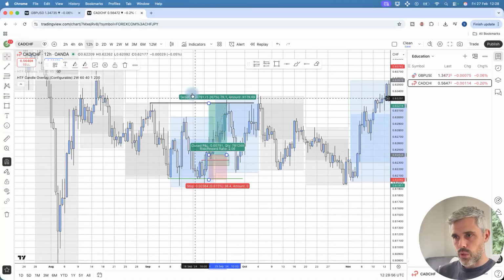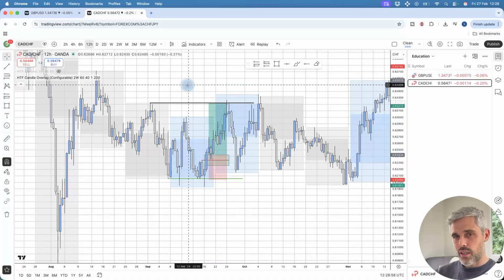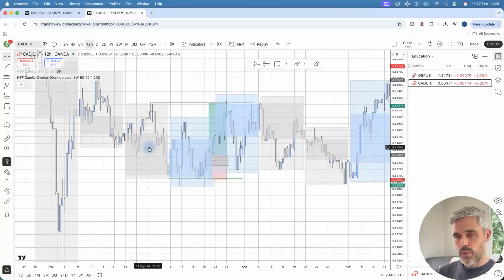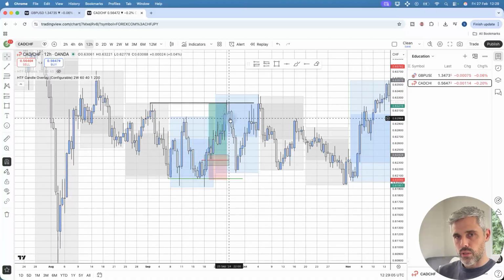And that is how to swing trade using liquidity sweeps and understanding what phase of price we're in. Accumulation, manipulation, distribution. This works just as well on the lower time frames, but it's about connecting from a top-down perspective what phase of price we are on the higher time frames, then working down the time frames until you get to that perfect point where you can take a